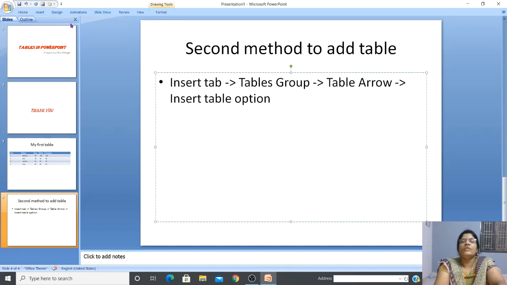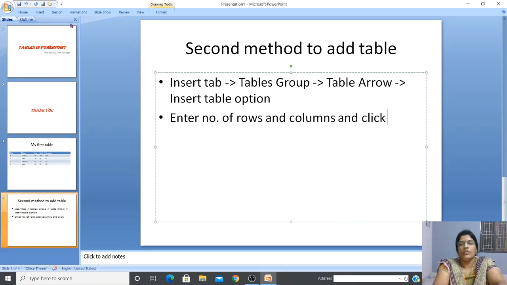It will ask you to enter the number of rows and columns. Enter the number of rows and columns and click on OK button. So a new table will be created.